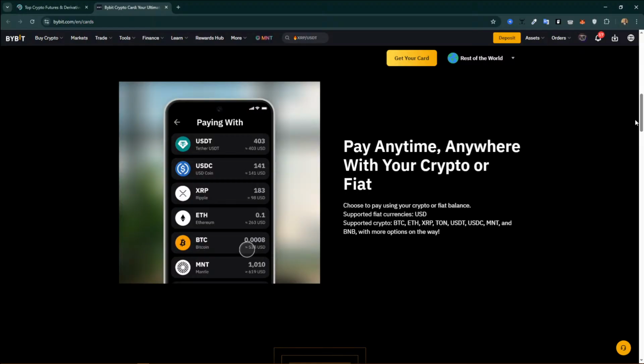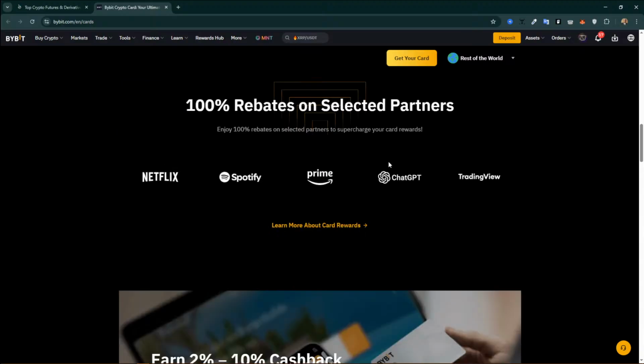Yeah. So this is what it does. It just allows you to pay using crypto by using that card right there. Supported BTC, ETH, as long as the place where you are buying accepts these coins, you are good to go. So these are some of the platforms. Okay, enjoy 100% rebates on selected partners. Some of the partners where you can earn rebates, 100% rebates, and you can also earn